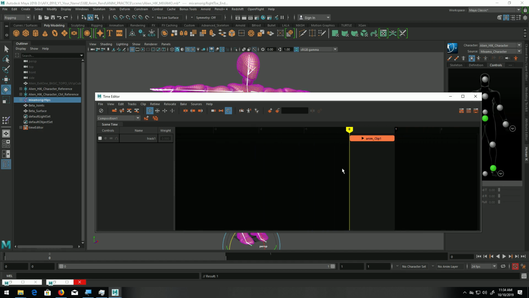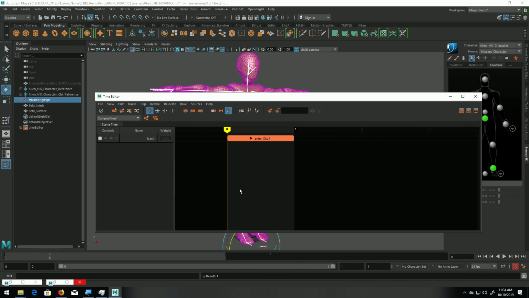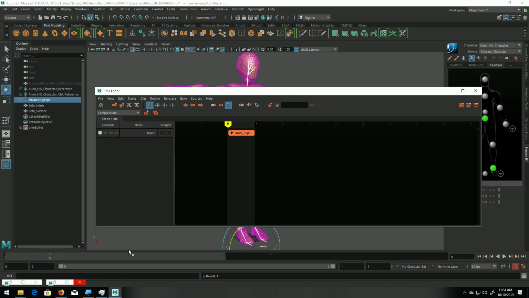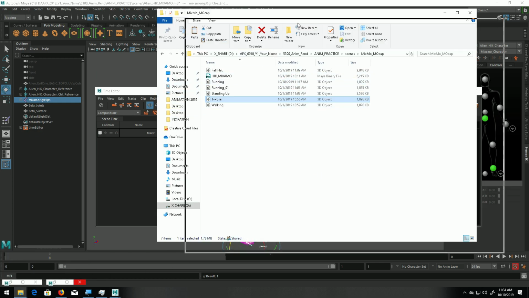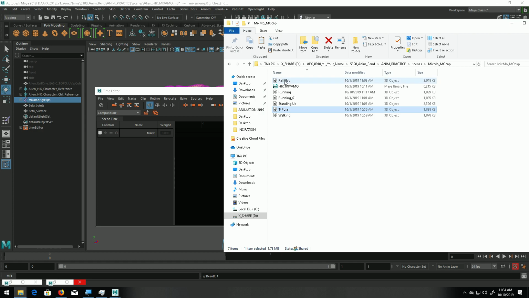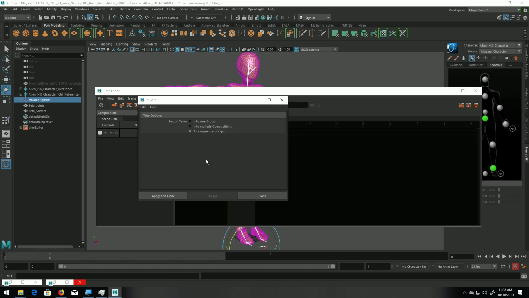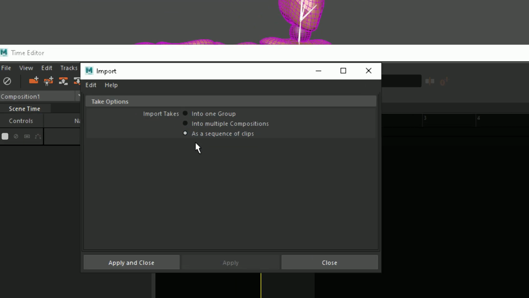and what we are getting is an animation clip which lasts only one frame, since this T-pose does not have animation. So now I will add a couple of other animations. These animations are in FBX format, so I will import the walking and drag it directly into the time editor. For the import options we should check as sequence of clips. I'll click apply and close,